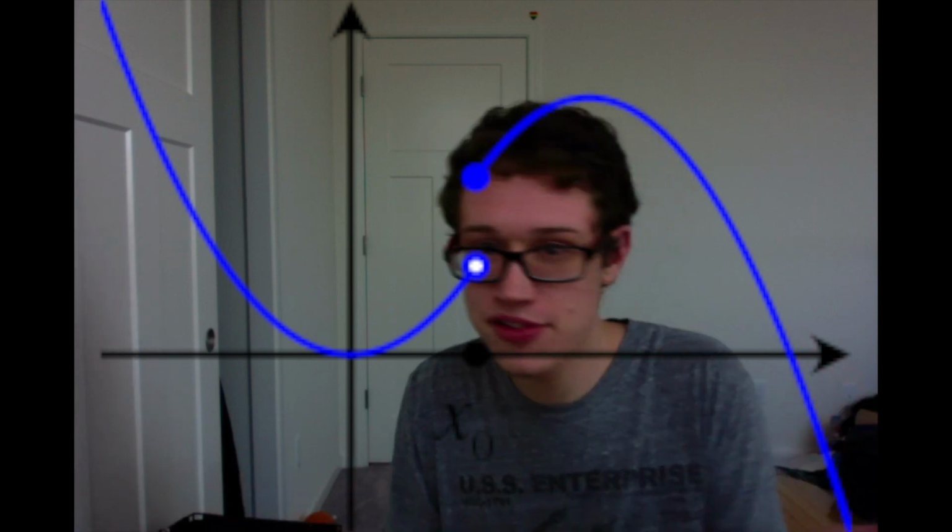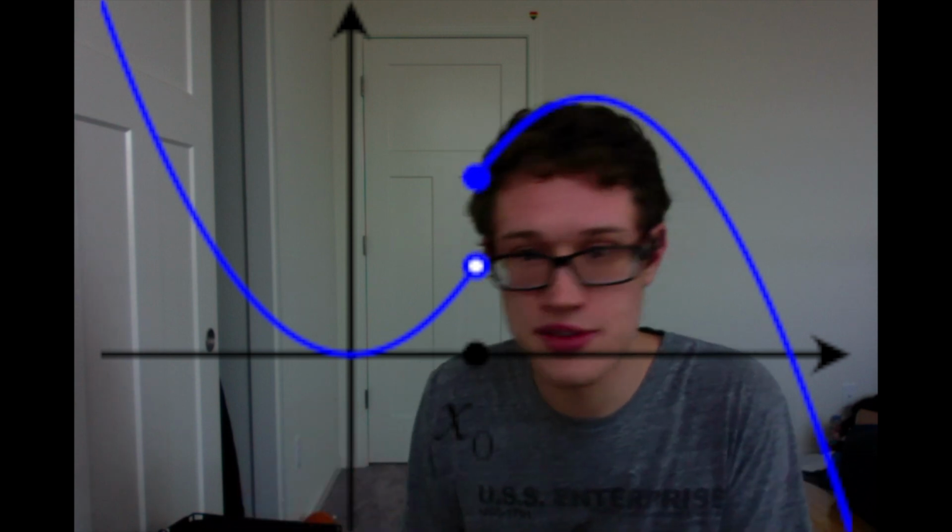Also, sometimes a function doesn't just have a limit. Like, where's the limit here? It's got a completely separate limit coming from the left than the limit coming from the right. Like,